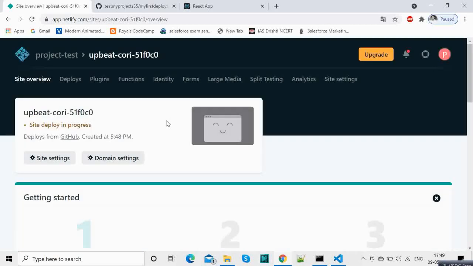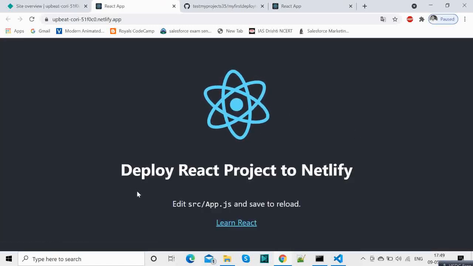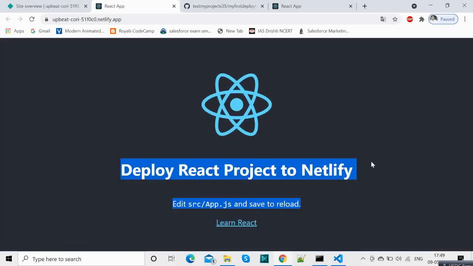So it is taking some time before it will get deployed. So here it is, it's deployed, and you see this is our React project which is deployed in Netlify.